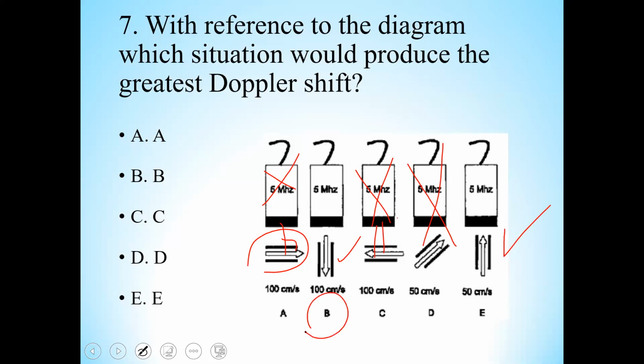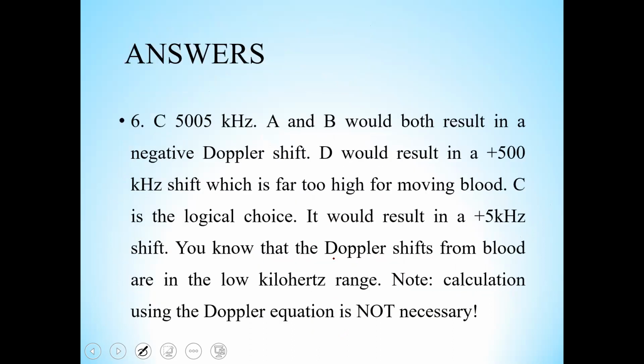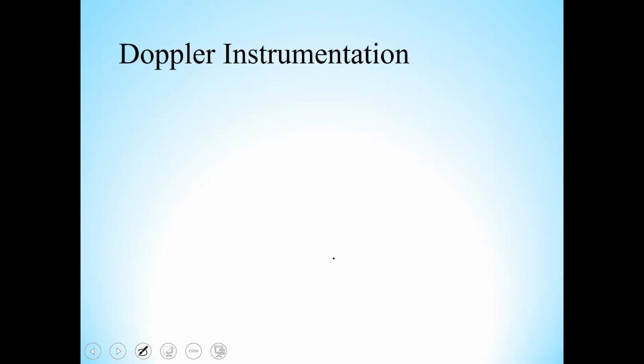अब अगर आप देखें तो बी में वेलोसिटी 100 सेंटीमीटर पर सेकंड है, और ई में वेलोसिटी 50 सेंटीमीटर पर सेकंड है, और फ्रीक्वेंसी दोनों में 5 मेगाहर्ट्ज यूज हुई है, तो किसमें डॉपलर शिफ्ट ज्यादा होगा? ये तो बात हो गई थी कि डॉपलर शिफ्ट इज टोटली रिलेटेड टू वेलोसिटी ऑफ द ब्लड। तो जितनी वेलोसिटी ज्यादा होगी, इतना डॉपलर शिफ्ट ज्यादा होगा, तो बी। बी में करेक्ट। If the vessel is moving away from the transducer, negative Doppler shift, B sir. हाँ जी।